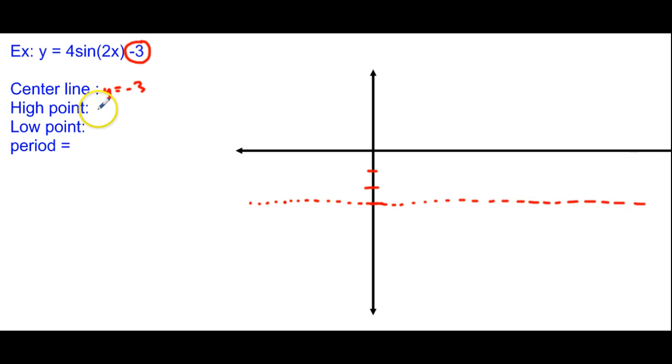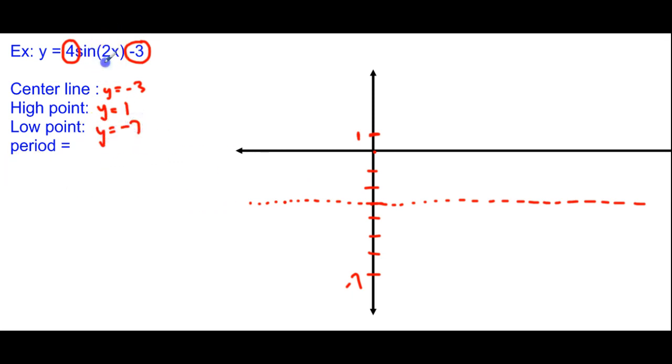The high point, and again, it's always the a value, right? So the high point from the center is 4, right? So 1, 2, 3, and 4, and then from here 1, 2, 3, and 4. So from negative 3, negative 4, negative 5, negative 6, negative 7 to 1 is basically our interval. So our high point is at y equals 1, our low point is at y equals negative 7, and then